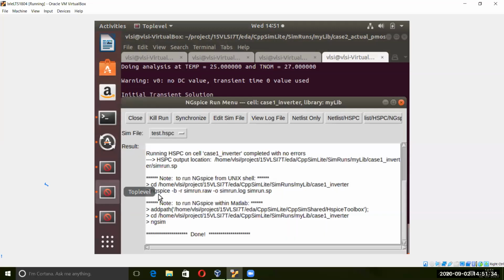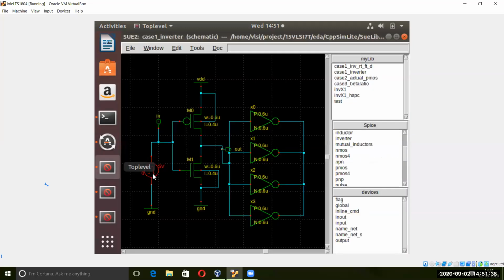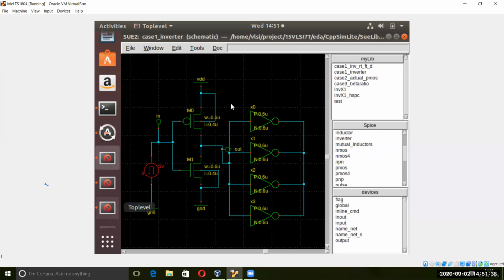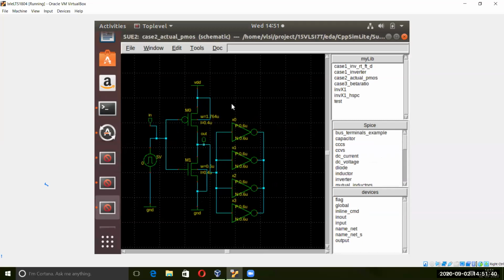You will check whether the delay time is decreasing or not. As already said, if you increase the W value, then the delay value will decrease. Also you can increase the power supply value and see what happens, and you can do this for different corners and different temperatures. So a lot of things you can do.